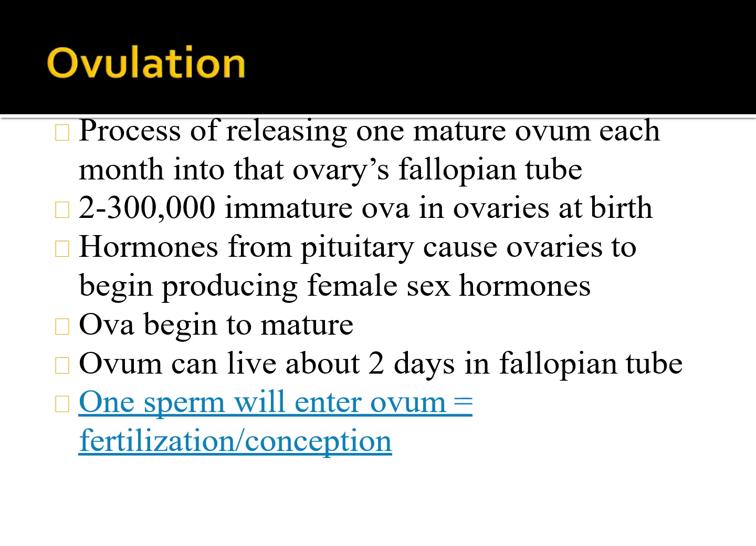From that time onwards, the female will also be getting menstruation, if the ovum is not fertilized. And the ovum can live about 2 days. That is the lifespan of the ovum. It can live about 2 days in the fallopian tube. And if the sperm is entering the fallopian tube,